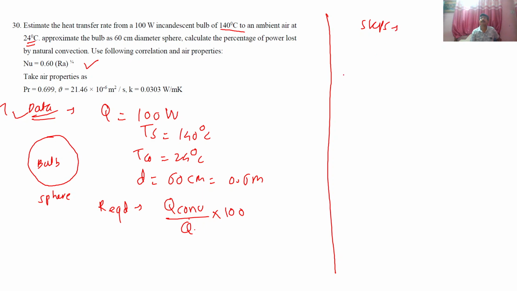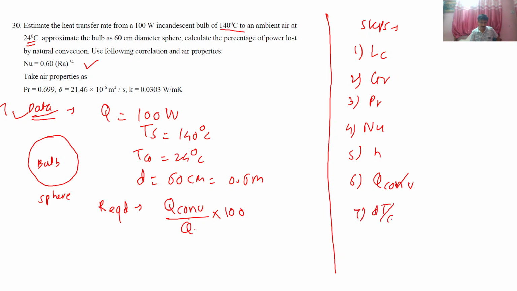सबसे पहले हम निकालते हैं LC, सेकंड में निकालते हैं हम Gr नंबर, थर्ड में निकालते हैं हम Prandtl नंबर, फोर्थ में निकालते हैं हम Nusselt नंबर बाय कोरिलेशन, फिफ्थ में निकालते हैं हम h, सिक्स में निकालते हैं हम Q कन्वेक्शन। यहाँ रेडिएशन का कोई सवाल नहीं, क्योंकि एमिसिविटी उन्होंने मेंशन नहीं की हुई है प्रॉब्लम में, ओके।